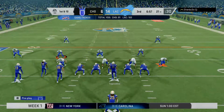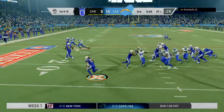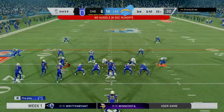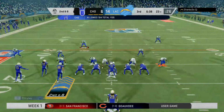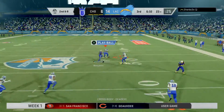The Charger drive about to get going. They have the lead now. They'll be looking for some separation here as we begin the third quarter. I like the way you term that because now I think they go a little bit deeper into their playbook. They like what they did in the first half. That worked okay. But in order to get the separation that you just talked about, change things up a little bit. Change your tendencies. Try and hit them a little bit more with some...